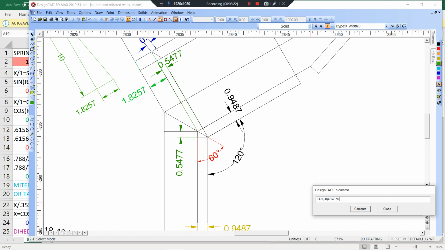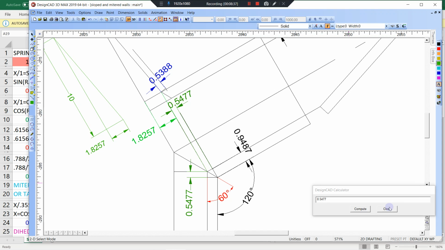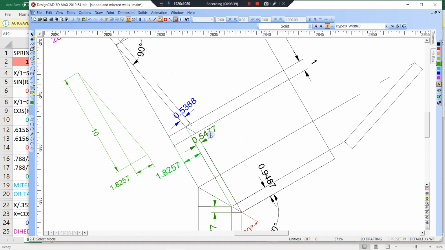Divided by tangent of 60. Get rid of that. Back. Enter. And end up with 0.5477. That's how you get them. I don't know if I'm going to walk through every single one like that, but so now we got